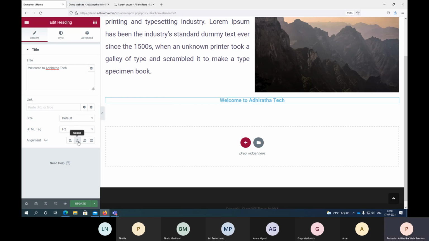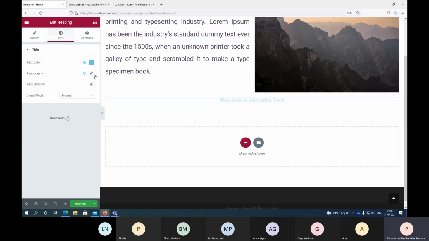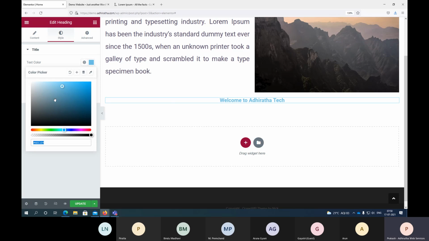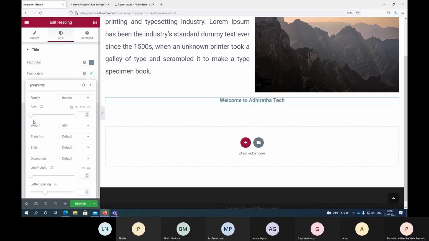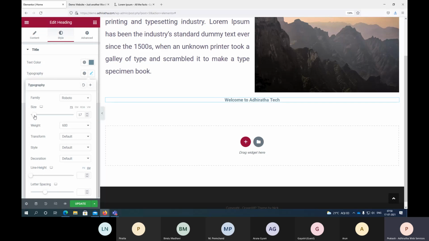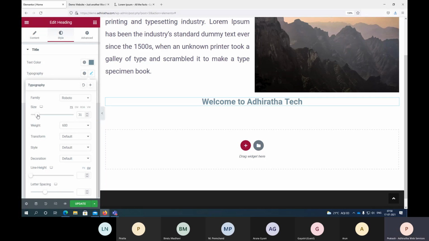Okay, this is a central element. Now is the font size okay? I'm not sure. So let's go to the style, text color. Let's select a little darker. Then typography. So this one I want a little bigger version.